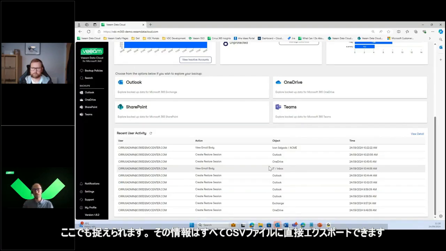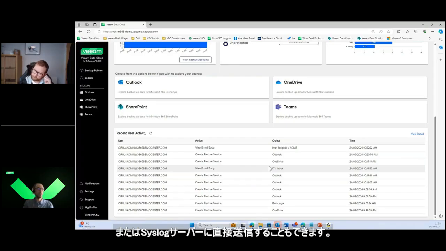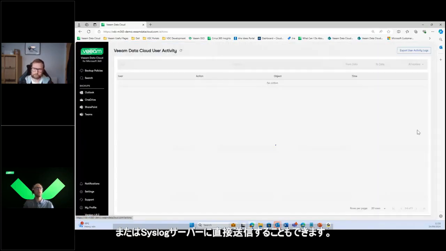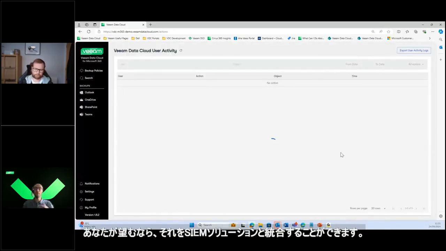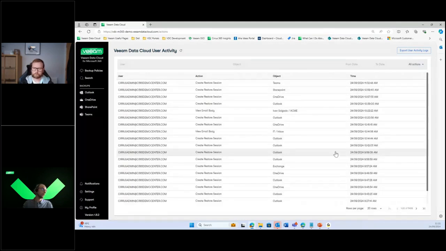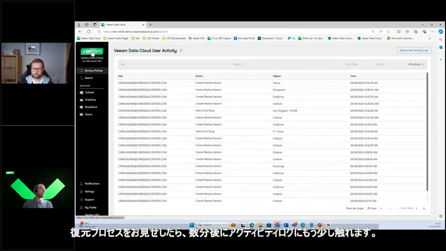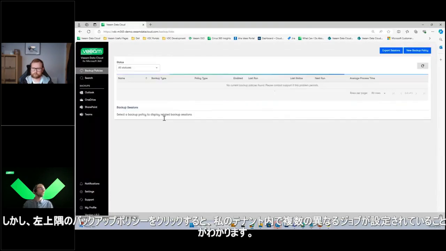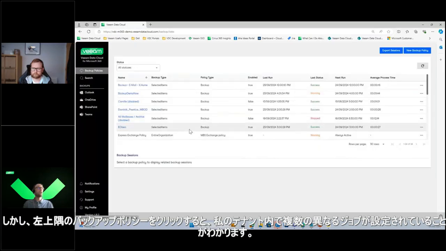All of that information can be exported directly to a CSV file from the following screen, or alternatively, it can be sent directly to a syslog server as well. So you can integrate that with the Veeam solution if you would like. I'll touch back on the activity logs a little bit more in a few minutes once I've shown you the restoration process. But if I click to backup policies in the top left-hand corner,